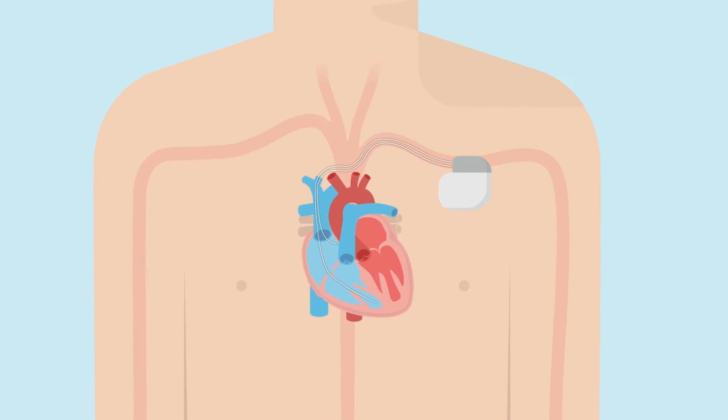When people refer to a pacemaker, they are actually discussing a pacing system, which includes the pacemaker and leads. A pacemaker is a small implantable device which delivers pulses to treat irregular, interrupted, or slow heartbeats. The pacemaker is a sealed box that contains a battery and a tiny computer that monitors your heart rhythms 24 hours a day. Leads are thin, soft, insulated wires about the size of a spaghetti noodle. They carry the electrical impulse from the pacemaker to your heart and relay information about the heart's natural activity back